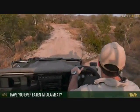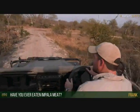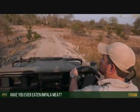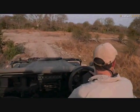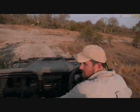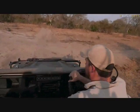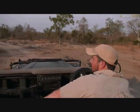Frank, you want to know if I've ever eaten impala meat? I have, Frank, a few times actually. It is a very, very lean, very tasty meat. It doesn't have too much of a gamey taste. It's not as gamey as the northern hemisphere venison. So it is actually quite tasty, and in South Africa there's a lot of places where they actually will farm venison quite extensively,